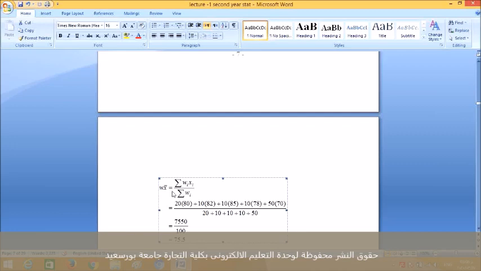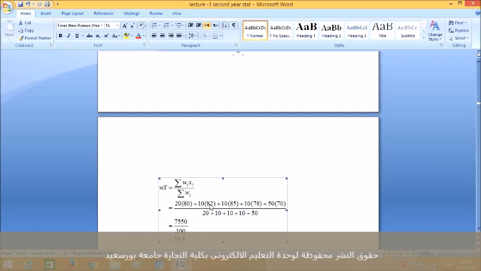So W x bar equal sigma Wx divided by sigma W. Okay, so 80 must be multiplied by 20. 20 is the midterm weight. So 80 is the score of the midterm, and 20% is the weight of the midterm exam,